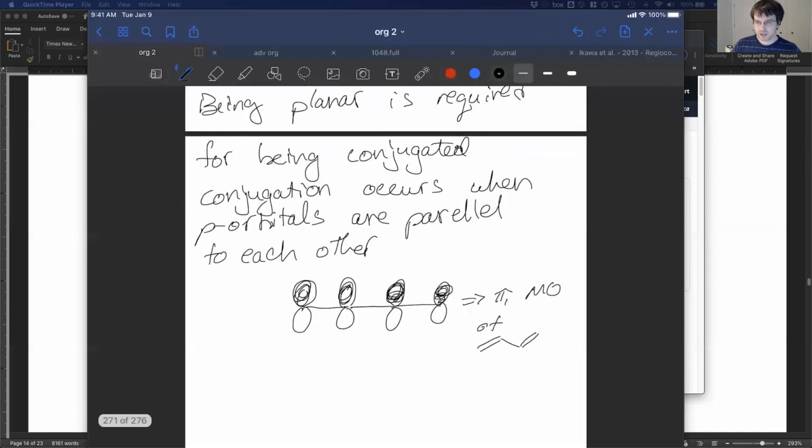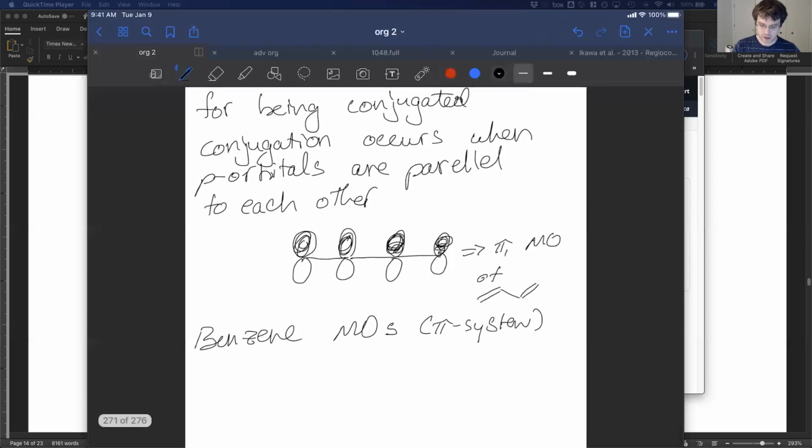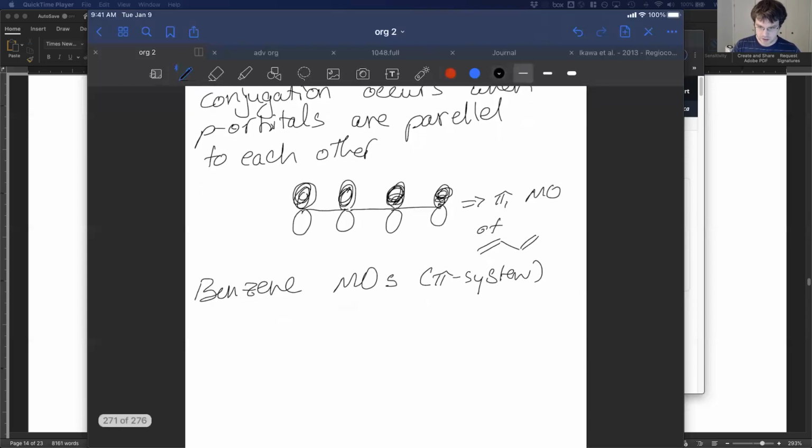Okay, so that's the pi 1 molecular orbital of butadiene. It turns out that a similar thing can be seen with benzene. So the benzene molecular orbitals for the pi system, let's just draw one. Let's just draw the lowest energy molecular orbital. Well, it turns out that if benzene